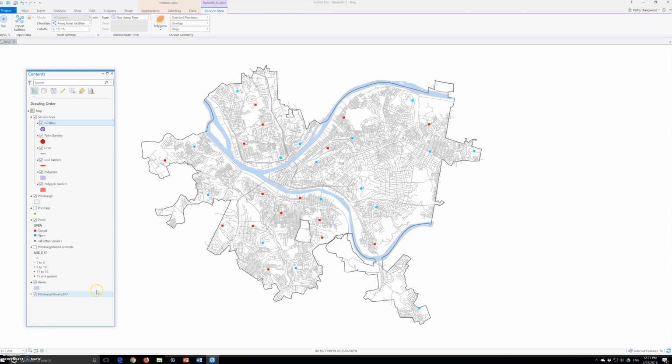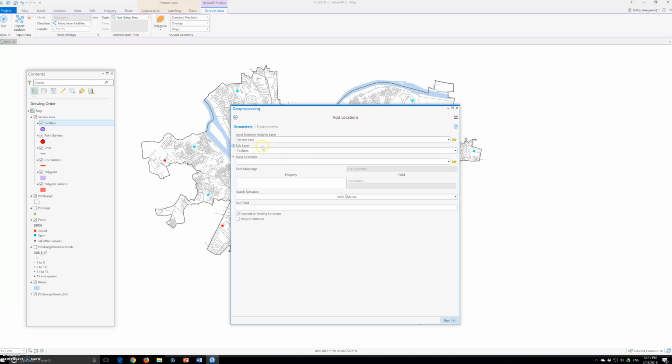So on the analysis, it's right here. You have to look up on top. Network analysis here is the service area tab, and the input data group is right here, and we will click import facilities. That will add service area facilities, import location, we will say pools, and field mapping will use